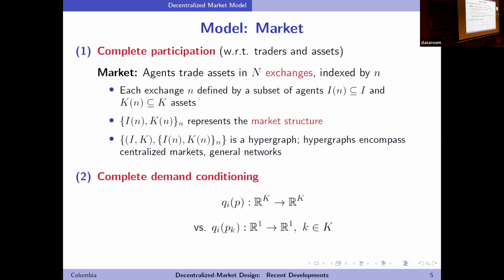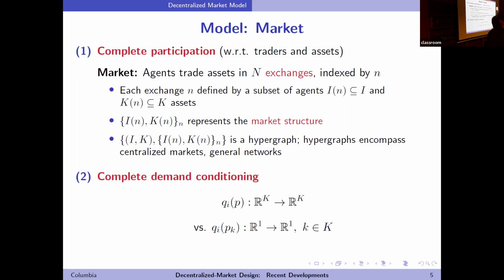What is excluded by the hypergraph modeling here? What is excluded? It seems very general, but I want to see what is the restriction. In what sense? I mean, we will fix a particular market structure. We are going to fix it, and we will want to compute equilibrium, and then we will want to compare welfare. I'm not excluding any market structure. I don't want to exclude any market structures. So what is excluded by the hypergraph? It's none. No, okay. I mean, there must be some disjoint domain you have in mind.